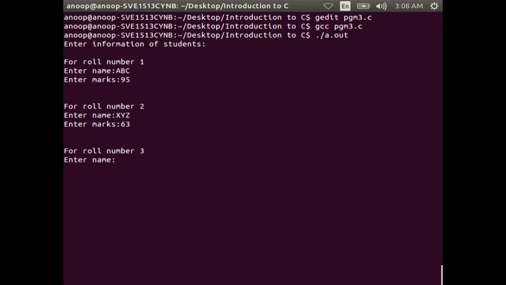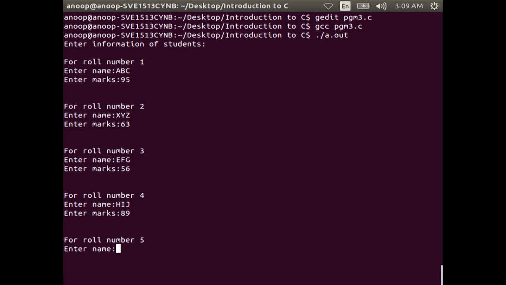For roll number 3, enter name E F G, then enter marks 56. Then for roll number 4, enter the name as H I J and enter marks as 89. Then for roll number 5, you enter the name M N O and enter marks as 89.